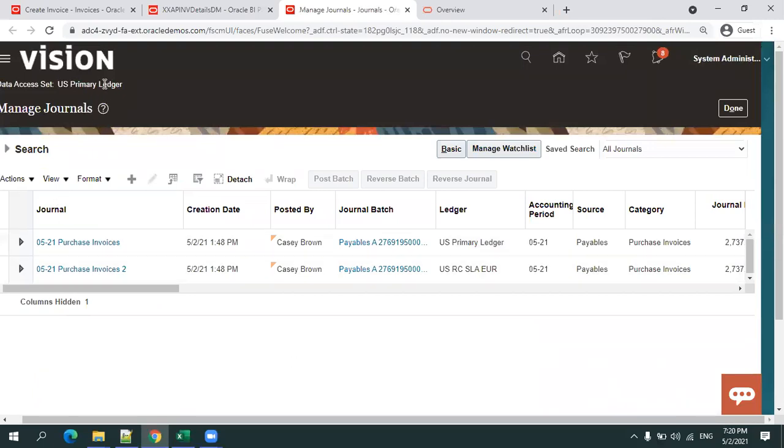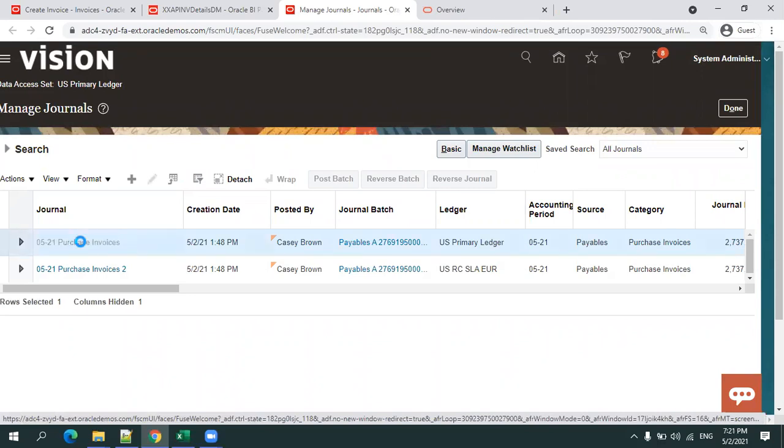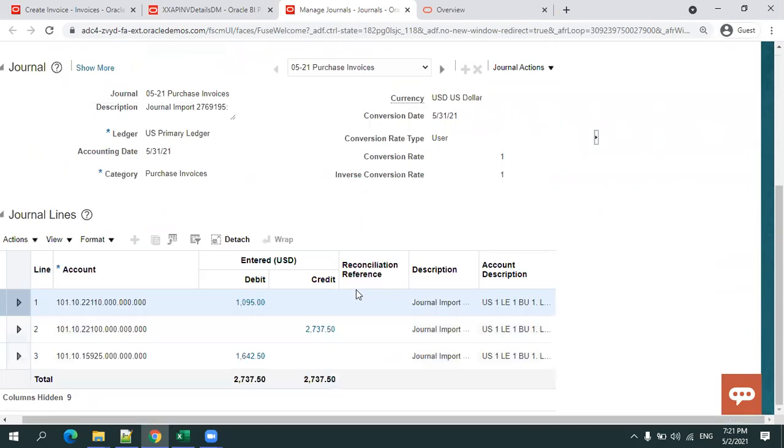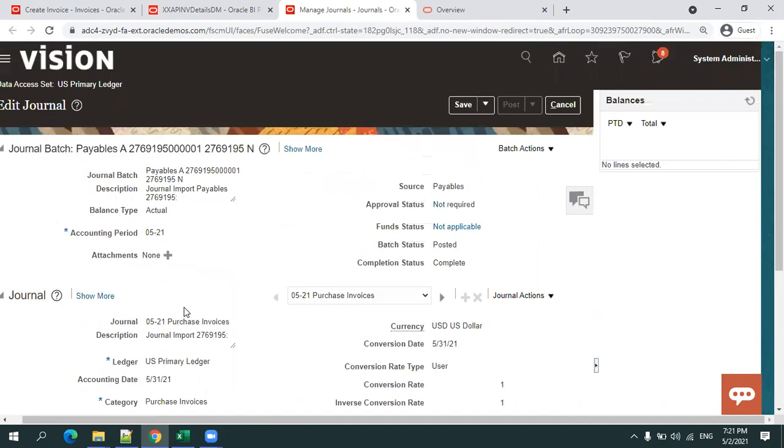Make sure that you select the appropriate primary ledger, right? Now I'll select this one. Now just check the lines here. These are the lines in which our information was posted. Based on your distribution information and the subledger setup, it will post the appropriate information to the GL.